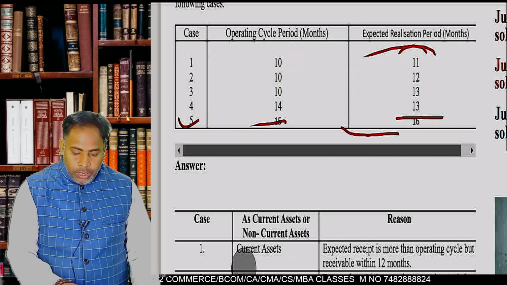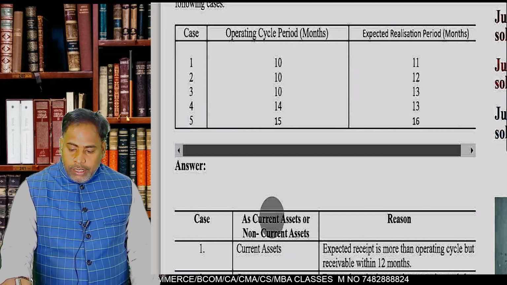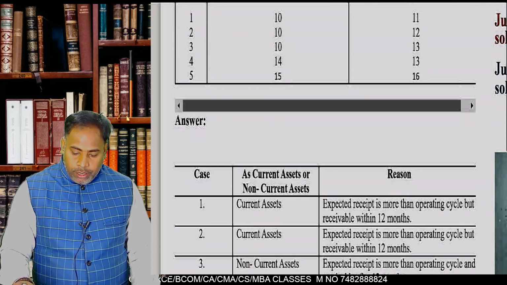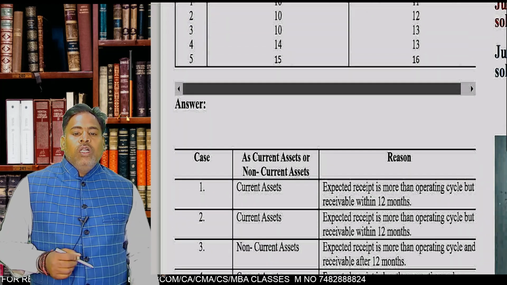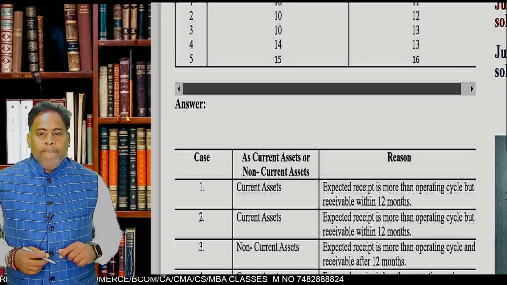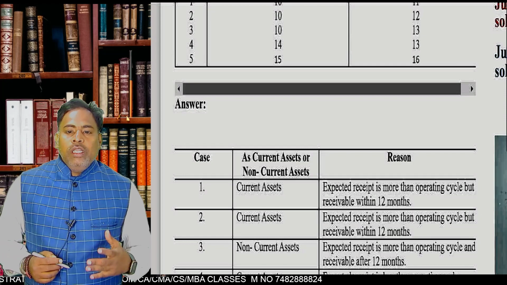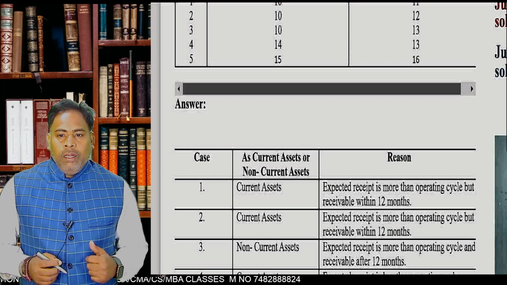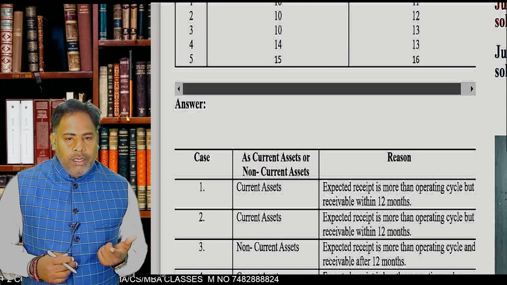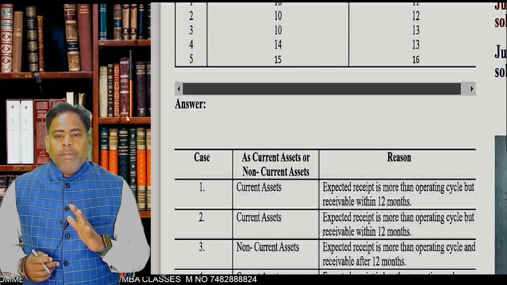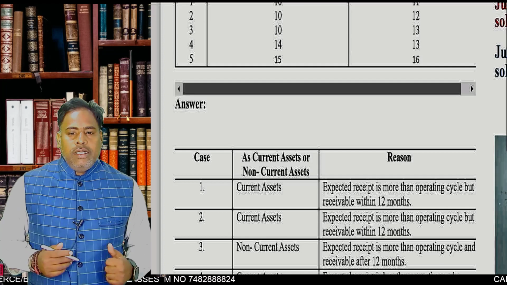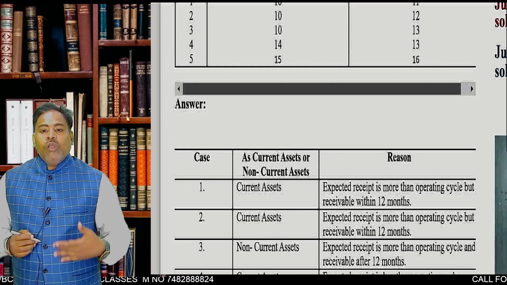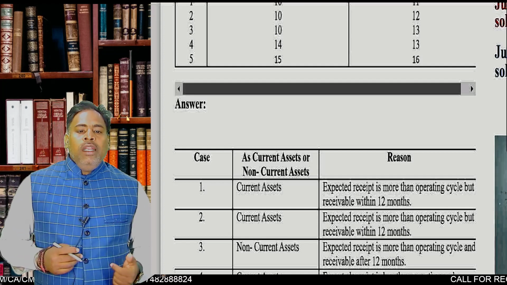In case 2, the realization is exactly in the 12th month, so it is also a current asset. Realization will be within the 12 months. But if it exceeds 12 months, then it is not a current asset. At 12 months or within 12 months, it is called a current asset, whereas if it is expected to be realized in more than 12 months